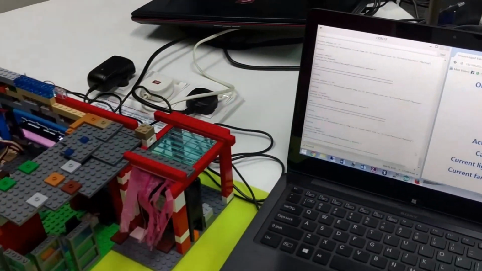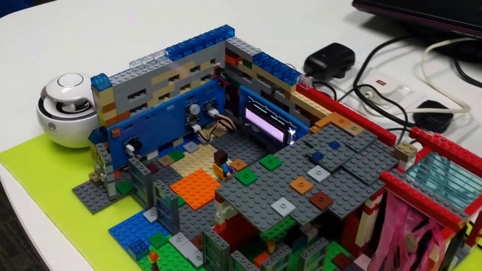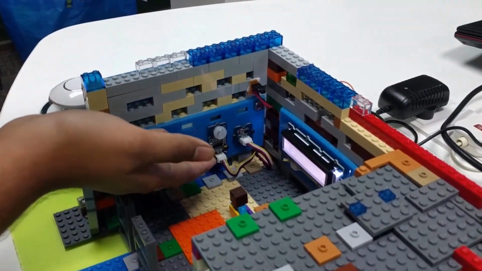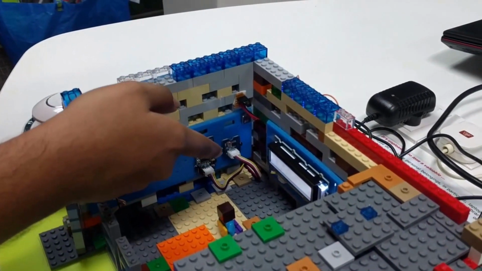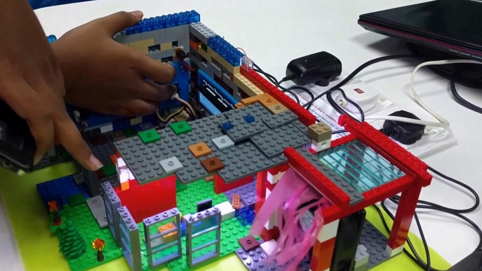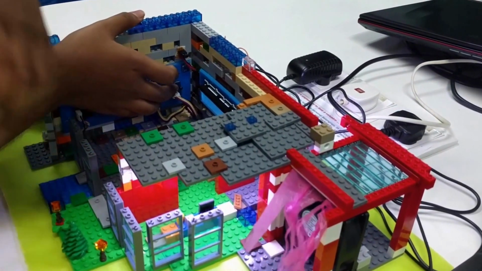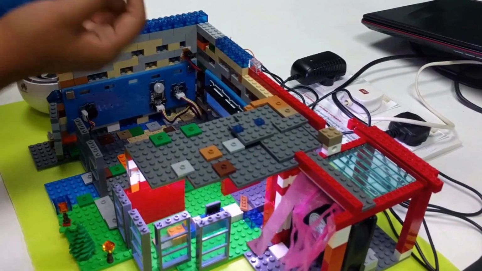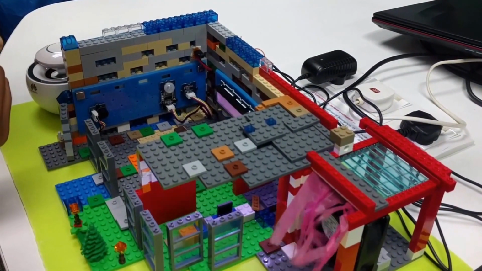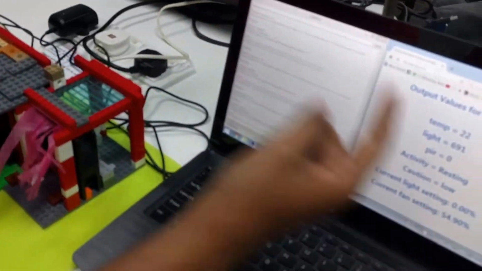So now we move our attention to our sensors. So this is our buzzer, and this is our PIR motion sensor. This is our light sensor. So if I simply close the light, you can see this is using the light sensor values. So the brightness of the room is increasing. So as soon as I leave it, it is detecting the light and decreasing the light intensity, which you can also see from the 0%.